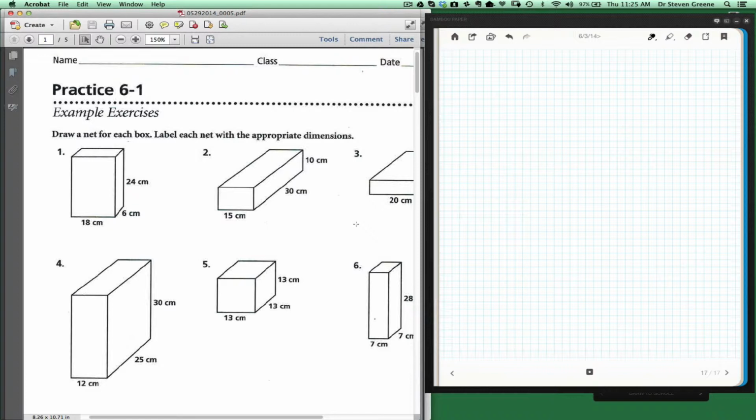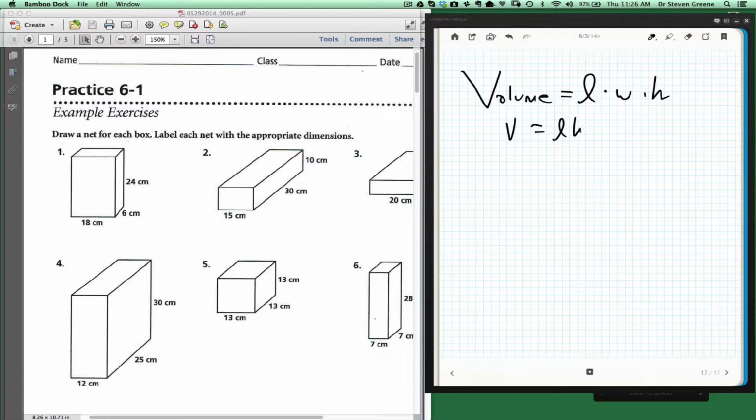So what we're going to be doing is we're going to be working off a formula. And the formula is fairly simple. It goes, the volume is length times the width times the height. Okay? Or usually it would be abbreviated something like this. So normally when you work with formulas, what they always want you to do in school,